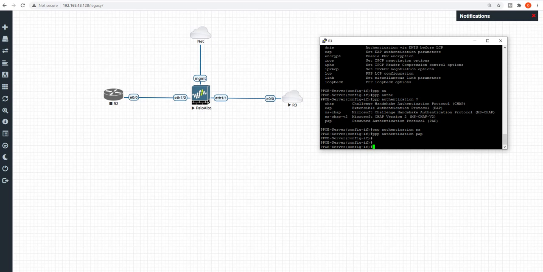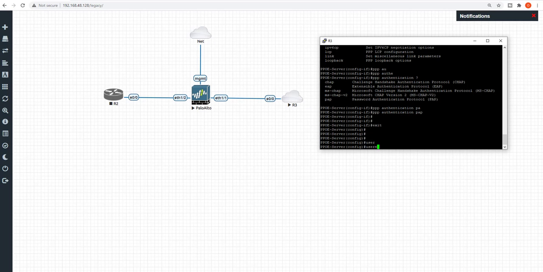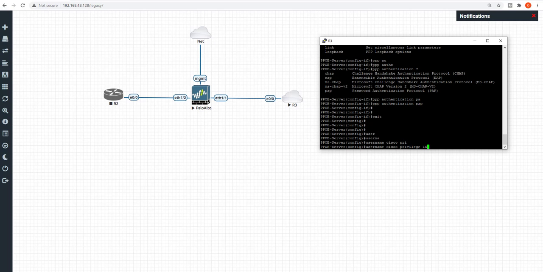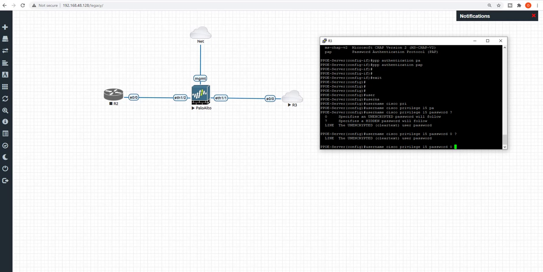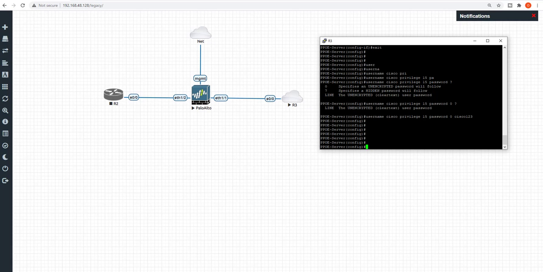Once that's done, the next thing we will do is create one local username. Let's say the username is Cisco, privilege 15, password 0, and the password we will give is Cisco123. Once that's done, the next thing we need to do is